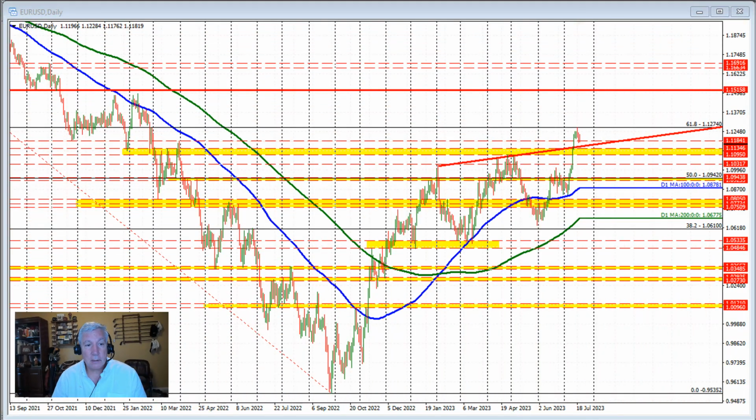This is a morning Forex report. I'm going to take a look at the Euro versus US dollar. Today's charts look like yesterday's. I remember yesterday we talked about the